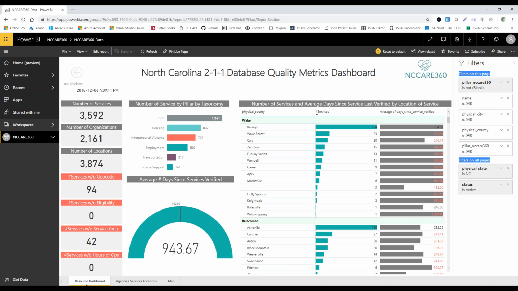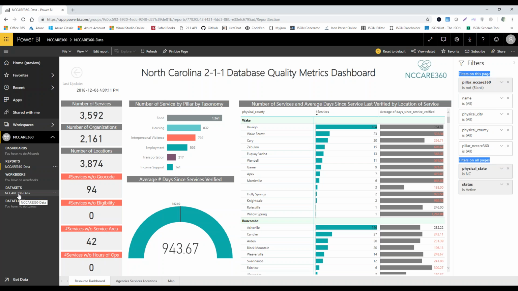The resource dashboard page. So when I navigate into the NCCARE app workspace, there's a couple of ways to get at it. I've already shown you that tabular version where you can navigate to dashboards, reports, workbooks, and data sets. You can also just explode the chevron, and it will show you a different view of the same thing. And you can see the only thing that we have available inside the NCCARE360 workspace right now is a report called